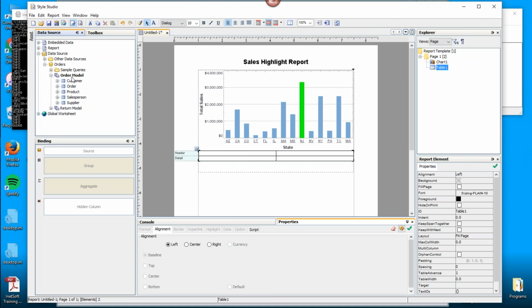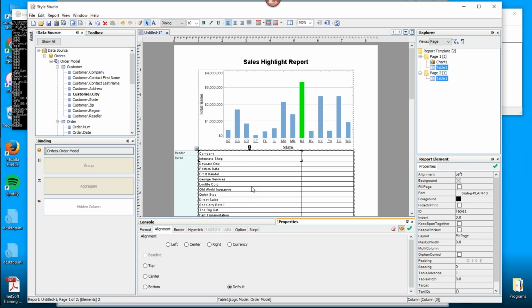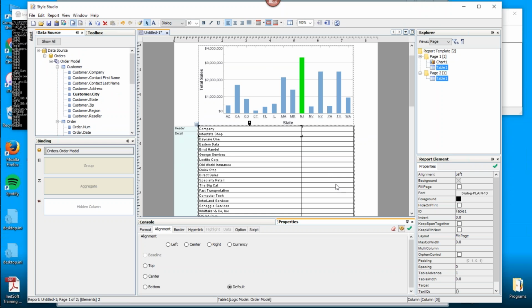Let's say the order model, and if you want the customer company field, you can drop that into the table. And so you can add data into a table this way, and then make other modifications on the table, apply grouping and aggregation using other techniques. So that's one way to build up a table, but in many cases, if you know what you're shooting for, it's easier to do it using the wizard.